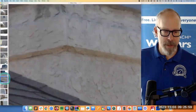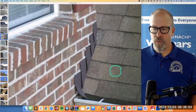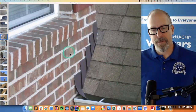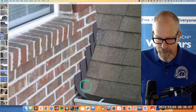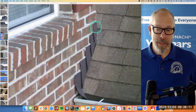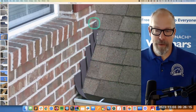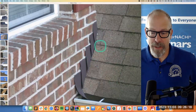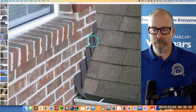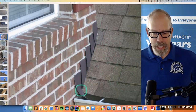All that is looking good. And then wherever the roof meets something else, there has to be flashing. And I want to make sure that the flashing is installed properly. This looks pretty good. They grooved it into the top of the flashing, the counter flashing, and then there's step flashing down here. Counter flashing is installed. It's a little loose, could have been pinned or nailed or fastened, and then they're trying to kick it out